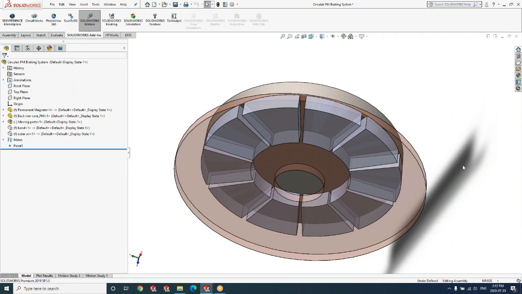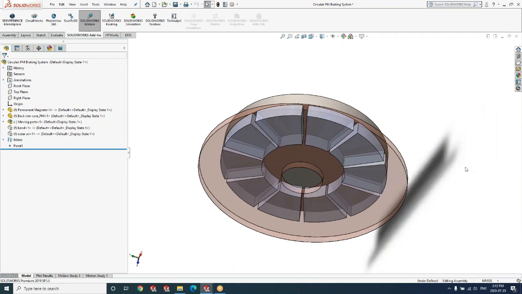Because of the time-varying change in the magnetic field due to the rotational motion, eddy currents will be set up in this rotating disc. This eddy current is responsible for slowing down the disc. Let us see how we can use EMS to do this simulation.